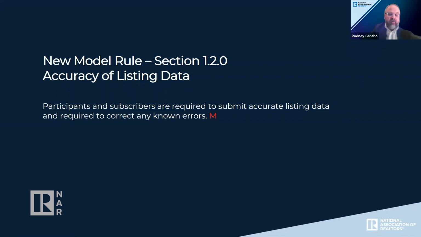These are foundational issues, considerations that MLSs need to follow, or there's direction and guidance. You'll see the coding as explained in the beginning of the handbook. The M means mandatory. It means all MLSs have to abide by those policies in order to receive errors and omissions insurance coverage from the National Association.